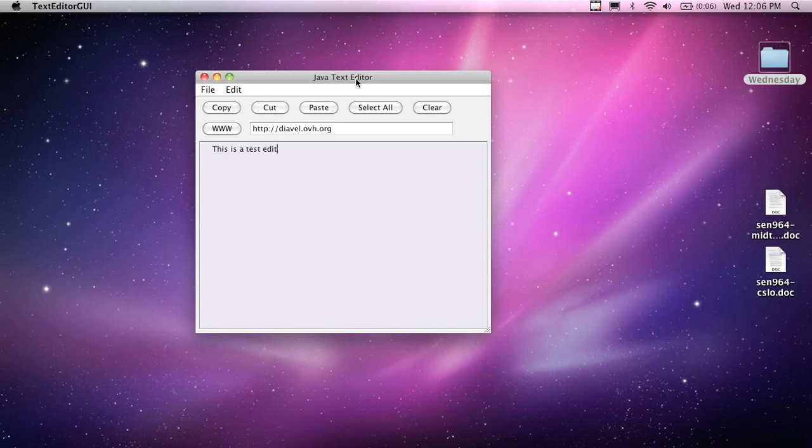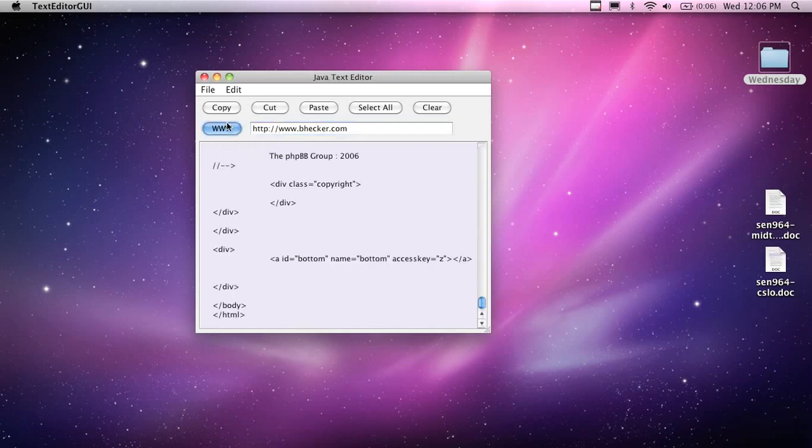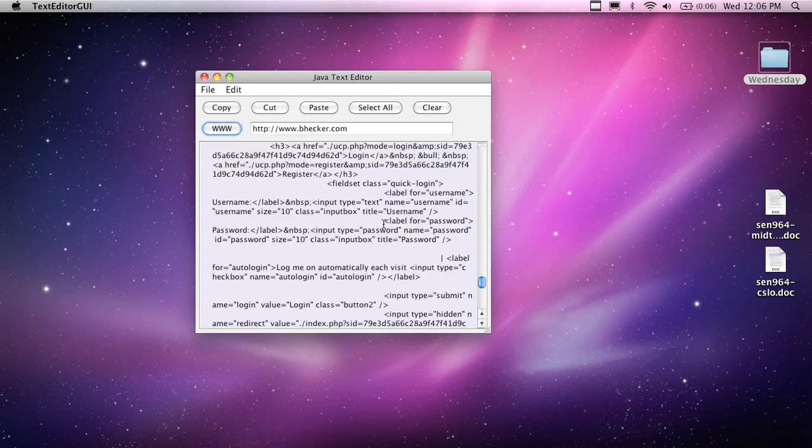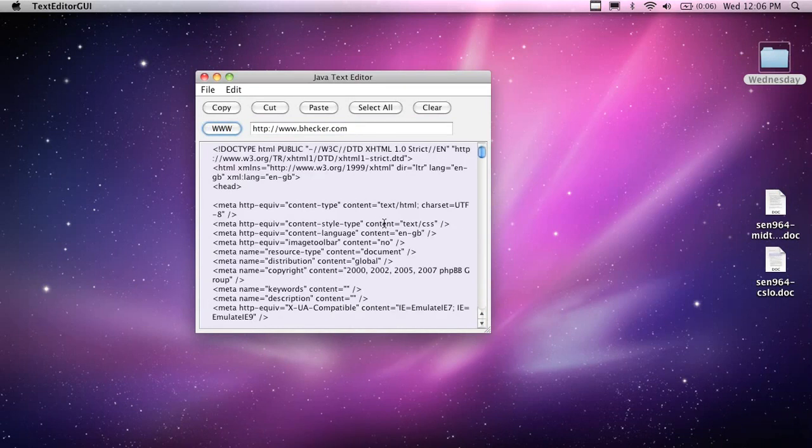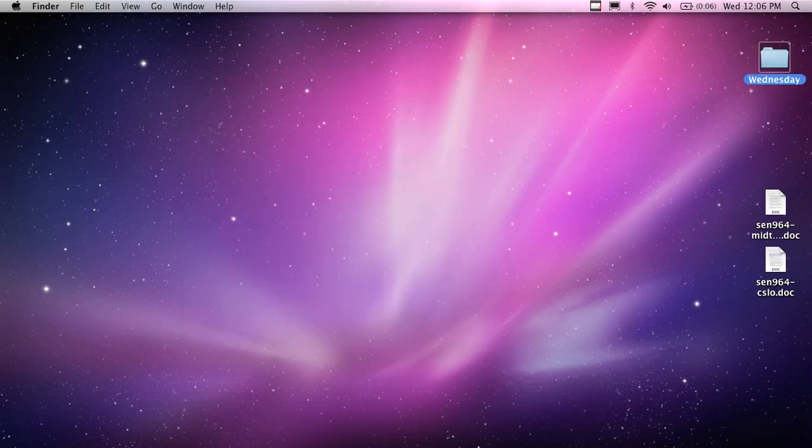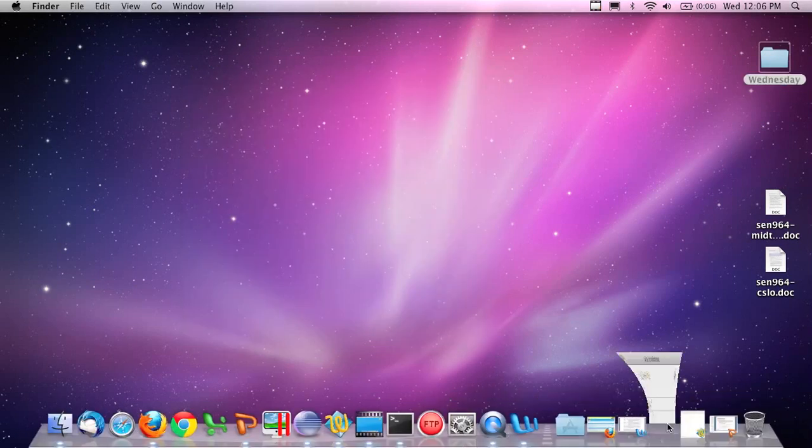You can type, or you can go to URLs. So let's see. I don't think that feature is actually working. No, it's not. Or actually, you know what? It might. I think I have to put HTTP. Let's see. Yeah, it's bringing the website up as text. It's not going to show it in HTML format. But as a demonstration, the interesting thing and the reason why I brought that up was to show you